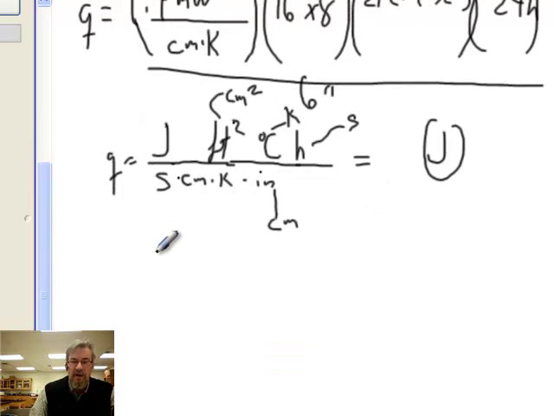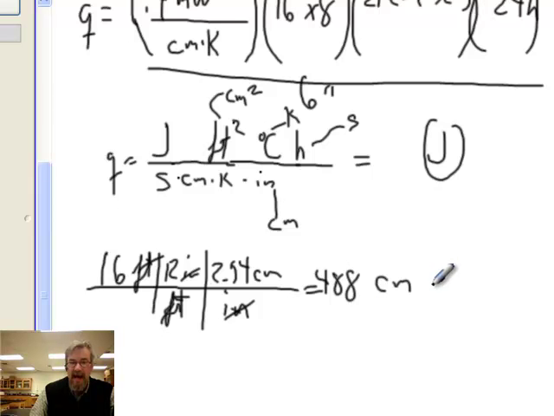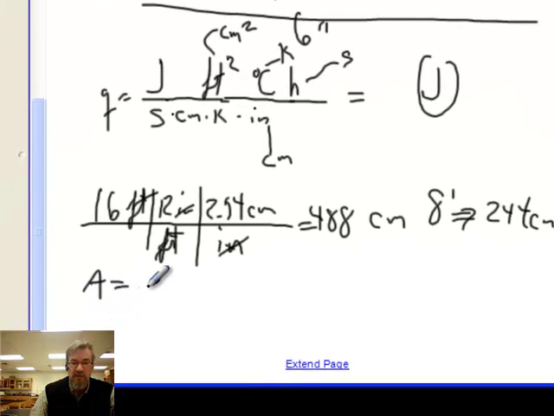So let's do that. First of all, I want my area to be in square centimeters. So I'll take 16 feet, and I'm going to change that to centimeters. There are 12 inches in every foot, and there are 2.54 centimeters in every inch. I will get centimeters. Well, that's 488 centimeters. And 8 feet is the other dimension, so that'd just be half of that. So 8 feet converts to 244 centimeters. So the area of our wall is going to be equal to 488 centimeters by 244 centimeters, and that area